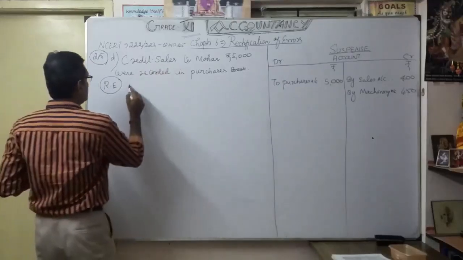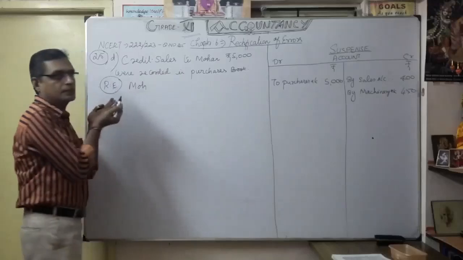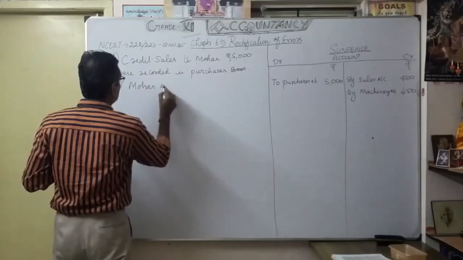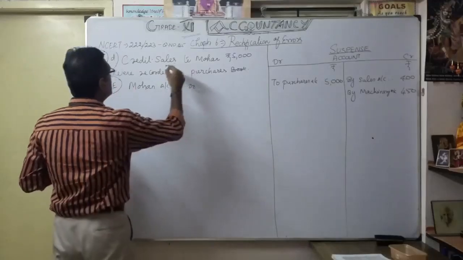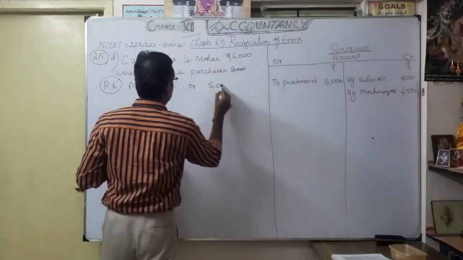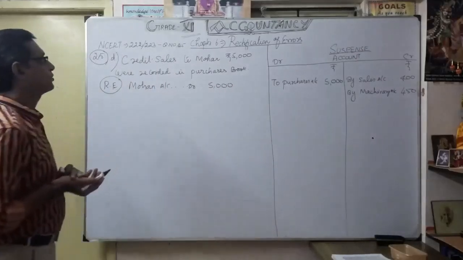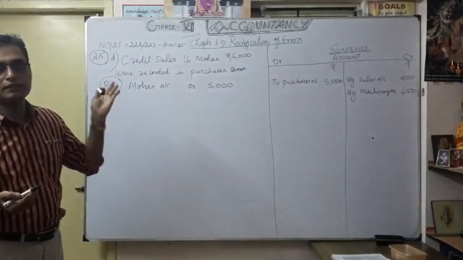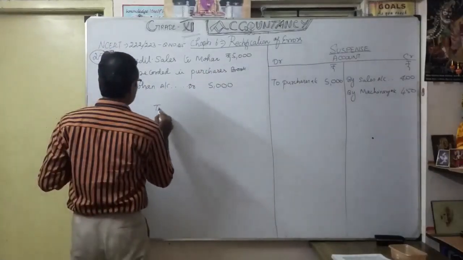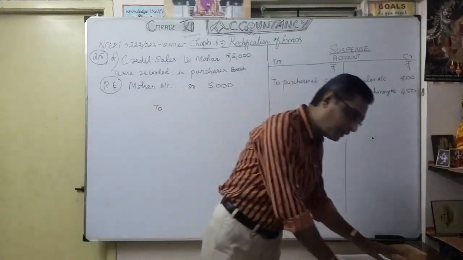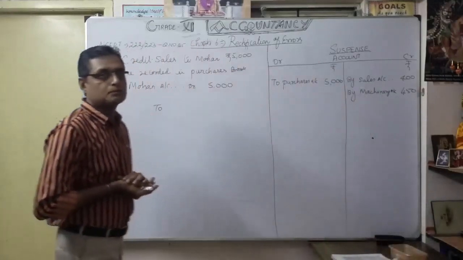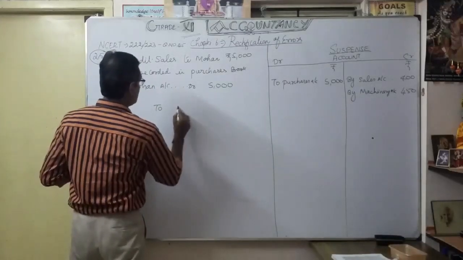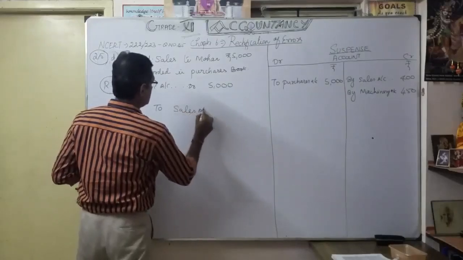So anyway, credit sales to Morgan. You want to write Morgan account. Here I am doing the rectification entry directly, by practice, quick practice. Morgan account debit, how much? Morgan account 5,000, isn't it? That is sales to Morgan account. So it was recorded in the purchase book. First, Morgan account debit 5,000 to sales account 5,000. That is the correct entry, isn't it?